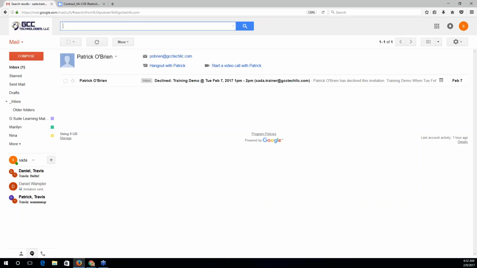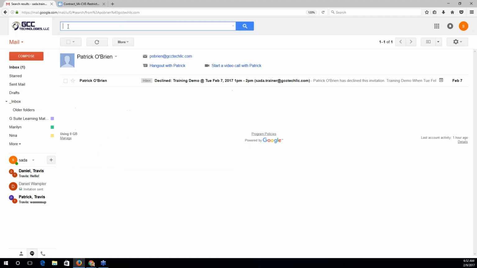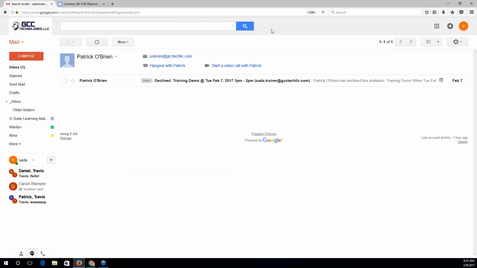Now, for those of you who are maybe not quite used to those search queries, in addition to the from, there's a to search query, there's a subject colon search query, depending on what you want to search for. These are hard to memorize and get used to at first, so note that in the beginning, feel free to also check out your search options with this drop-down arrow in the search bar.